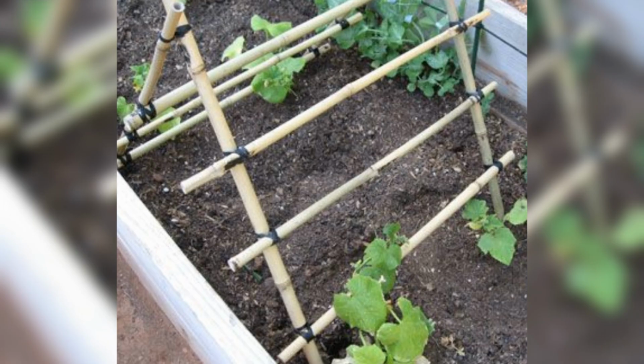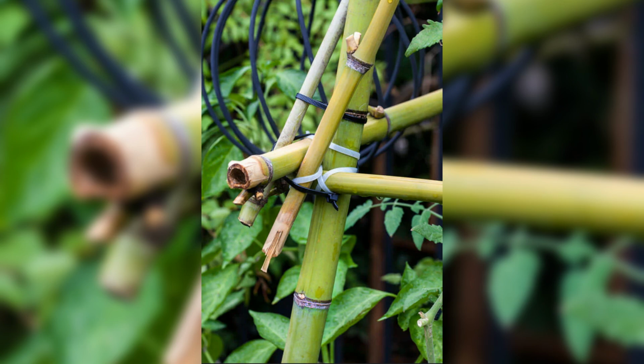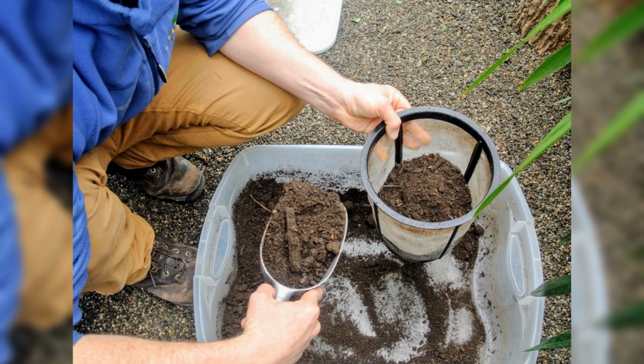The vertical space saves ground space while improving air circulation around plants, reducing disease risk. Trellises also make harvesting easier, as fruits and vegetables hang down from the vines, increasing accessibility and visibility for a bountiful, healthy garden. Number 20,